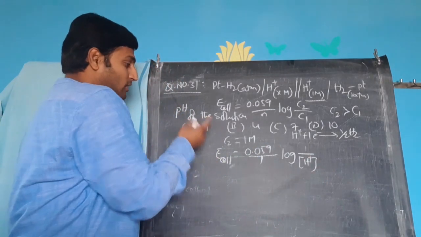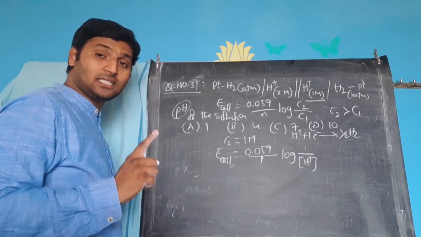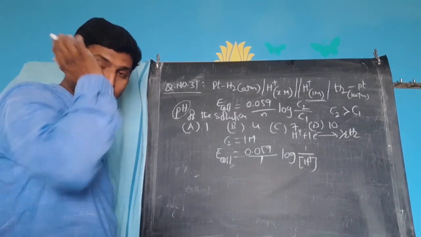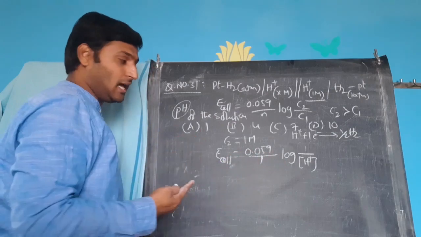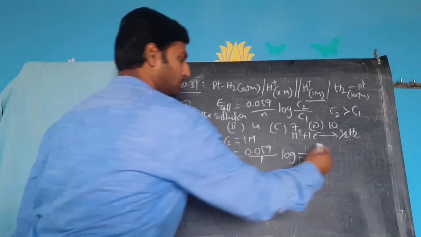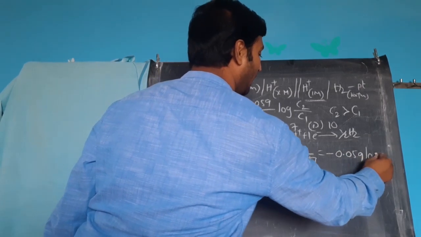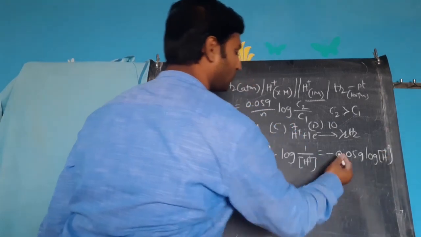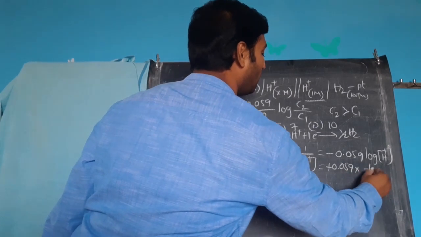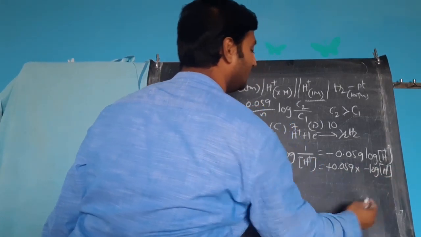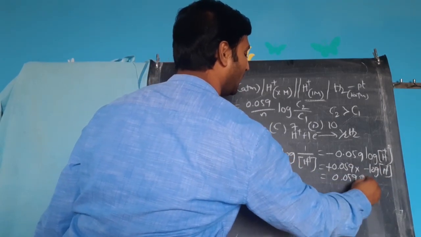Whereas for H plus concentration to substitute for pH, you know the definition of pH is negative logarithm of H plus ion concentration. What is pH? Minus log H plus. So here I need an expression minus log H plus. That's why I'll take minus here. If I take minus here, what happens? Minus 0.059 log of H plus it becomes. Now what it will be? Plus 0.059 into minus log H plus, I can write it as. Now minus log H plus is nothing but pH. So I can write it as 0.059 pH.